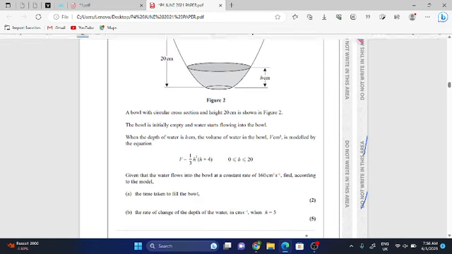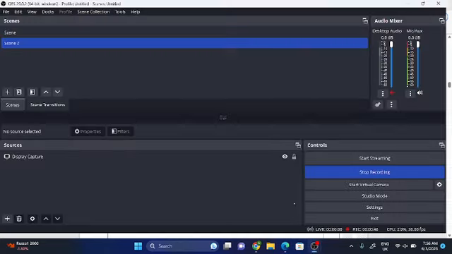Given that the water flows into the bowl at a constant rate of 160 centimeter cube per second, find, according to the model, the time taken to fill the bowl, and the rate of change of depth of the water in centimeter per second when the height h is equal to 5. For that question, what you have to do actually,